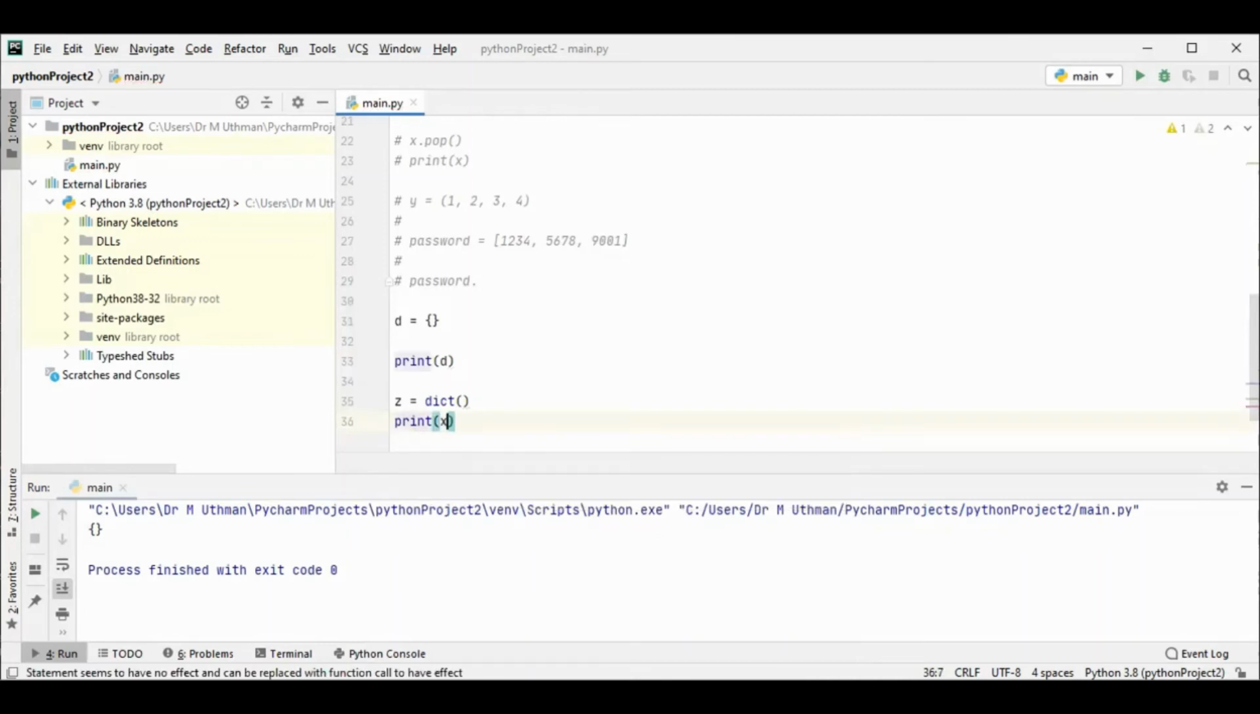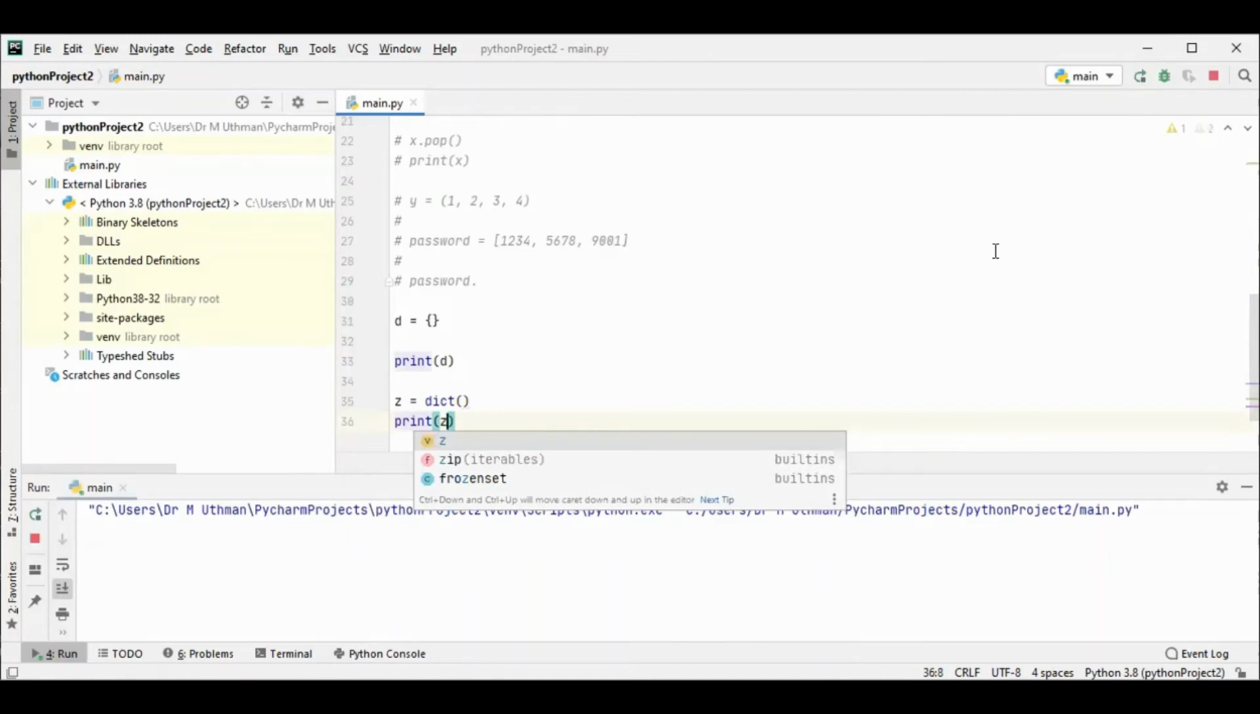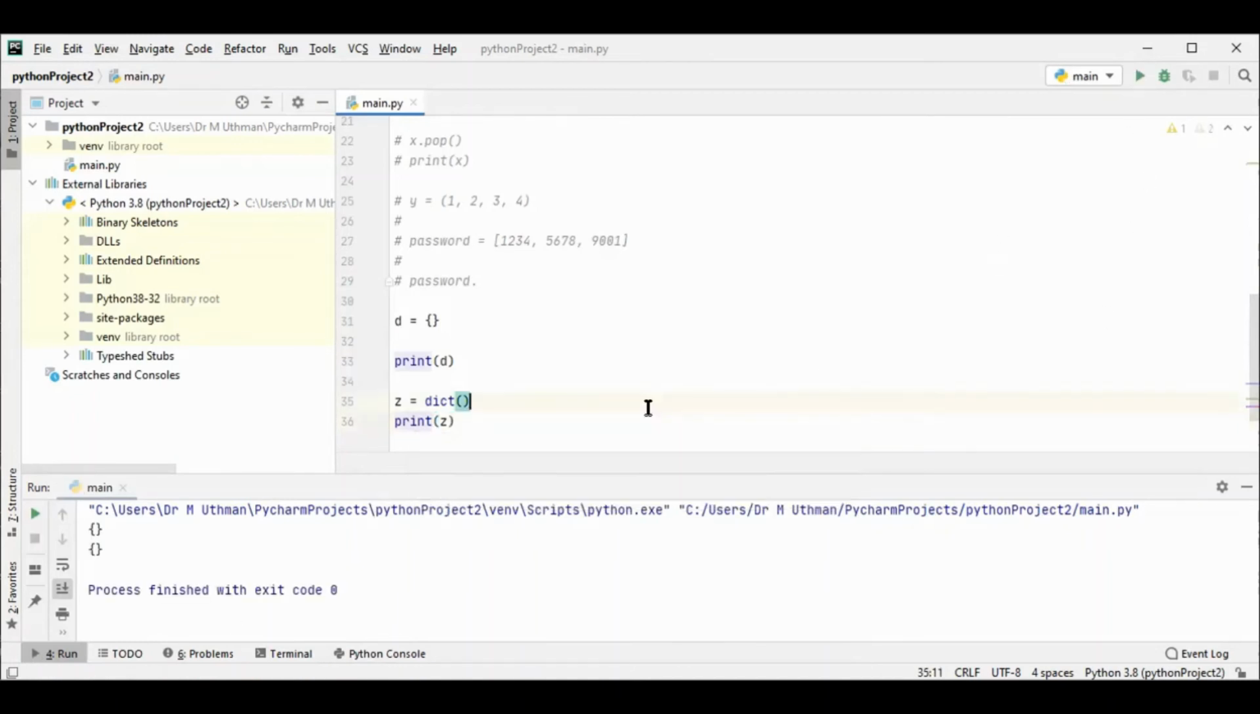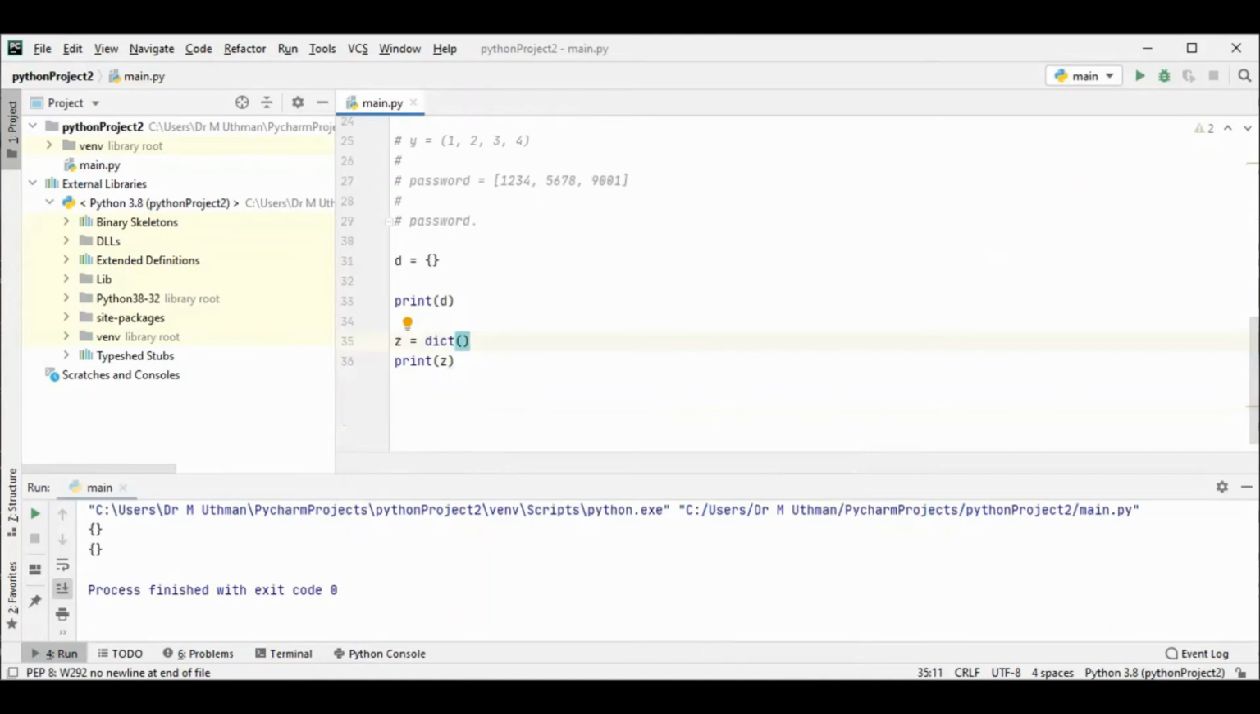So this also gives you an indentation. So it does the same thing, gives you an indentation. So that's the difference between a set and a dictionary. So the way you create one, you have values and